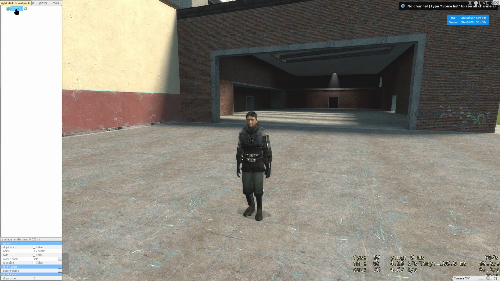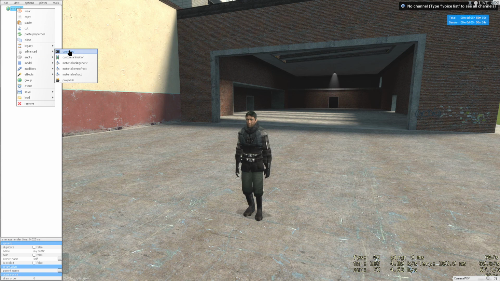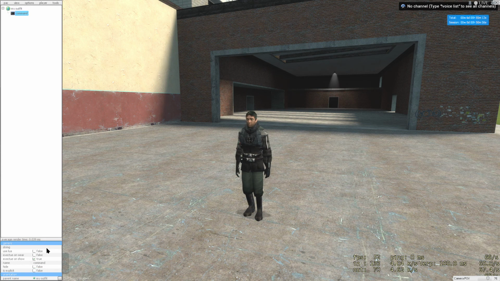Another thing that you can do is that you can do a kind of toggle event. And this gets a little bit more complicated, so you're going to have to follow along with me. Right-click on Outfit, go to Advanced, and then go to Command. Now, in string, you want to do